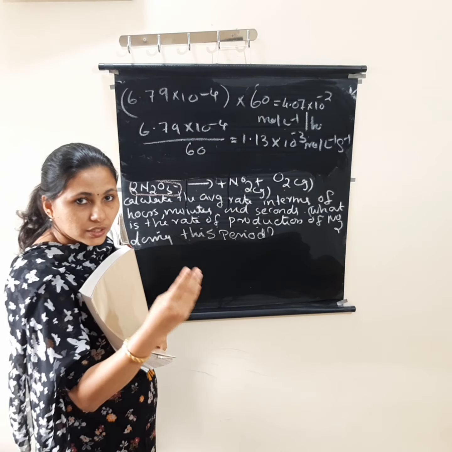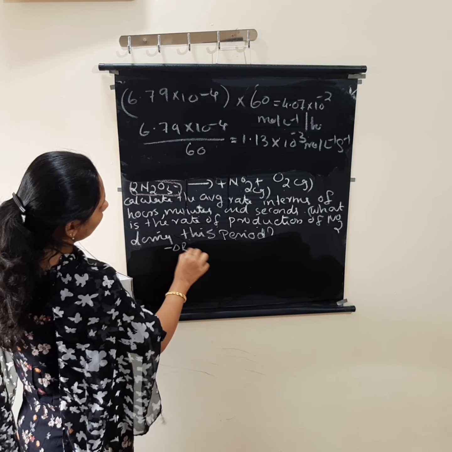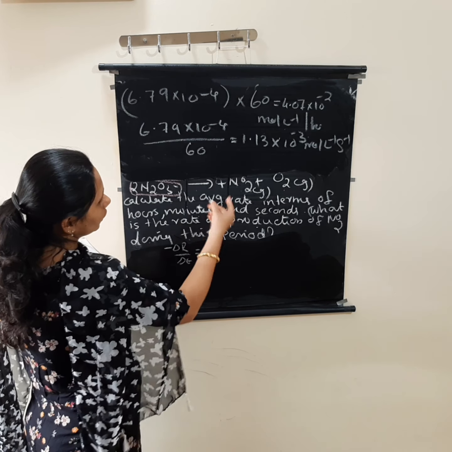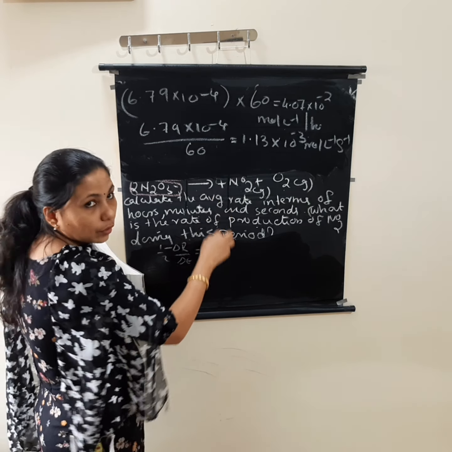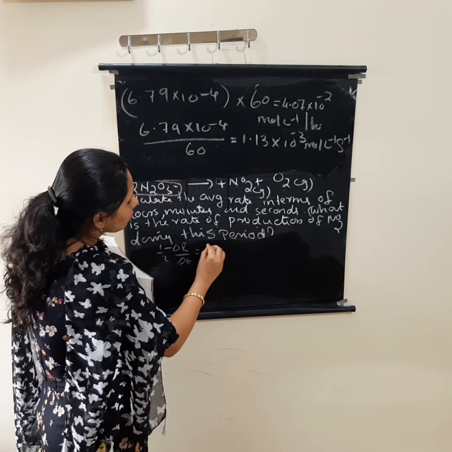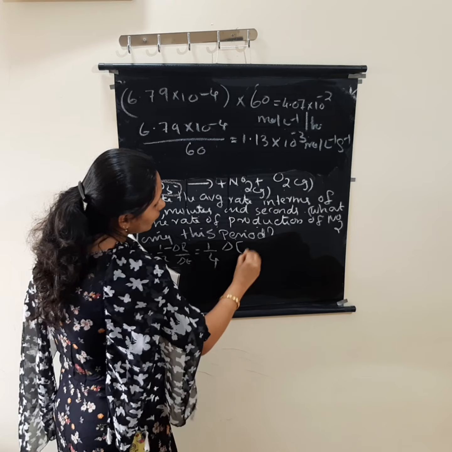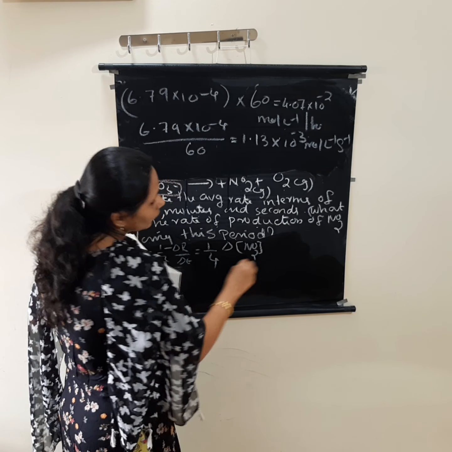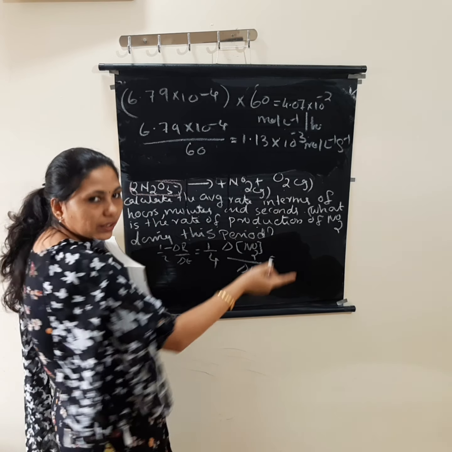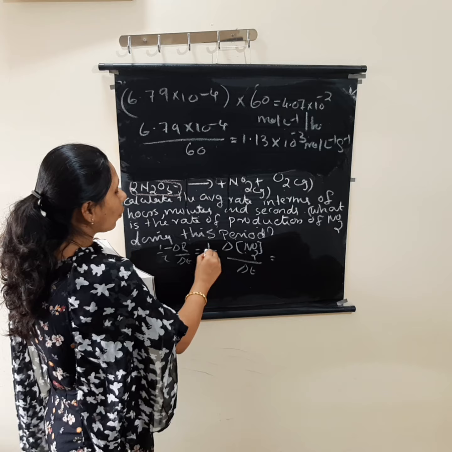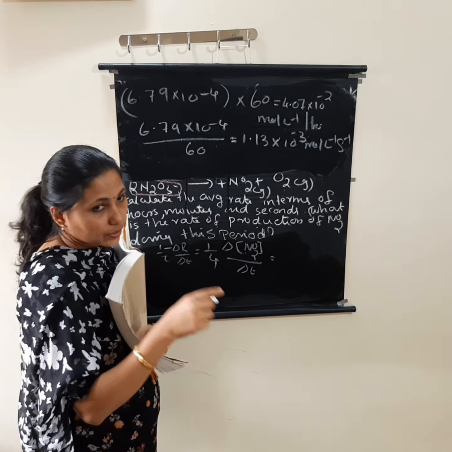The reactant and product concentration changes are the same, right? In terms of reactants we were writing minus delta R divided by delta T. In terms of products, we write with the coefficient: minus 1 by 2 here, and here in terms of products it will be 1 by 4, delta concentration of NO2 divided by delta T. Everything is equal, the concentration terms are equal, but only the coefficients are changing. We wrote it in the first class.